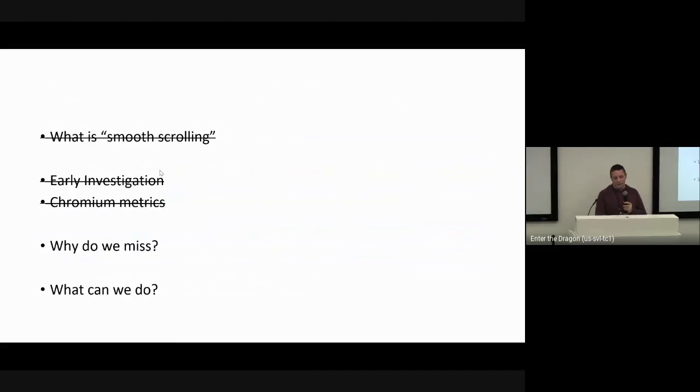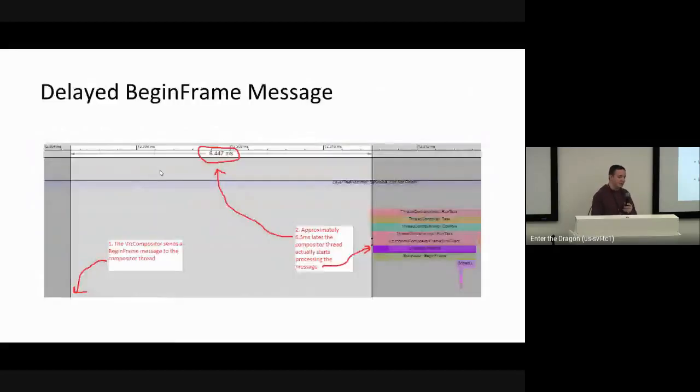All right, so I've gone through and defined what is smooth scrolling. We've taken a look at some initial data, 2 different techniques of looking at this data. Now we can take a look at some of our trace analysis in terms of why we missed on some of these things. This one is something that we saw numerous times in traces. Anytime that you want to draw something in Chromium and update the screen, you basically tell Viz, hey, I need to know when the next vsync's fired. Please send me a begin frame when that's happening. And then the expectation is that that begin frame is going to arrive real close to this shade difference in grays here. However, at least sometimes